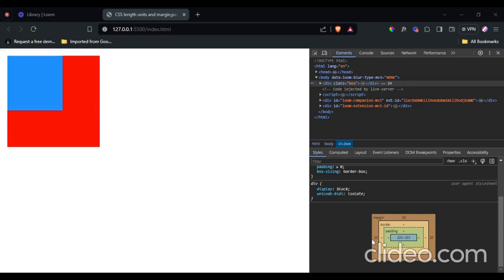Also we can give, for example, if we want from top, right, and bottom, I can write here margin again. From top, take 20 pixels. It will be